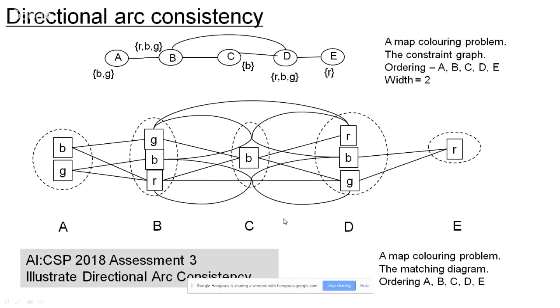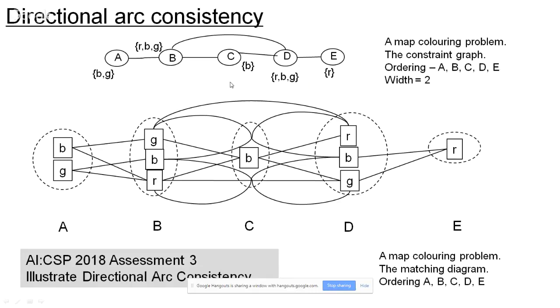So now let's move on to the notion of directional consistency. Why did we move to directional consistency? Because our consistency or path consistency or in fact any level of higher consistency involves a lot of work. And if we have already chosen an order of processing of variables, then we had shown that directional consistency is